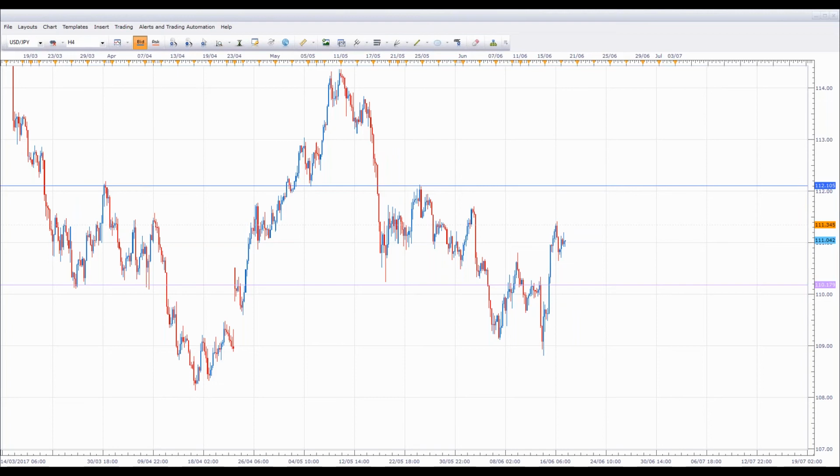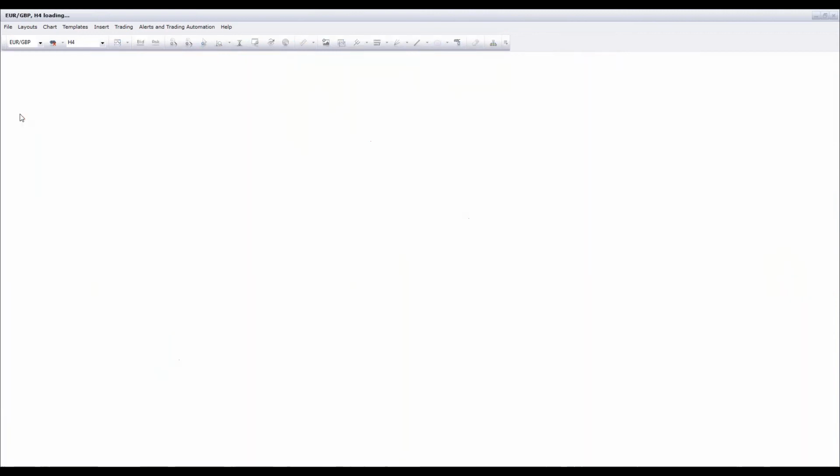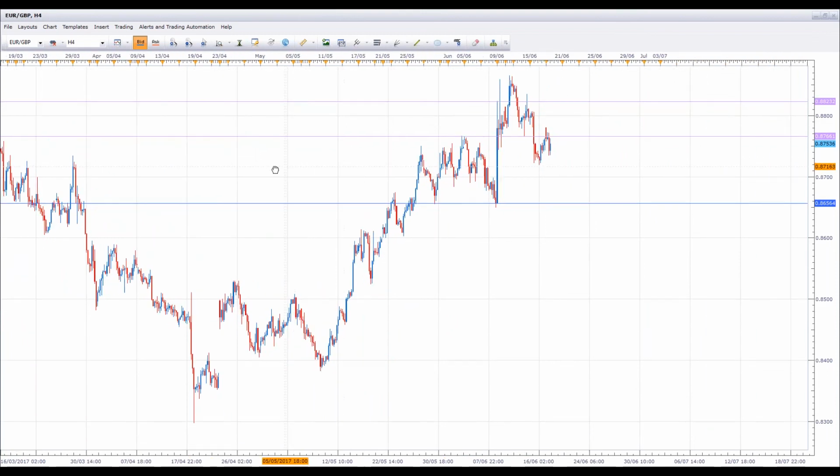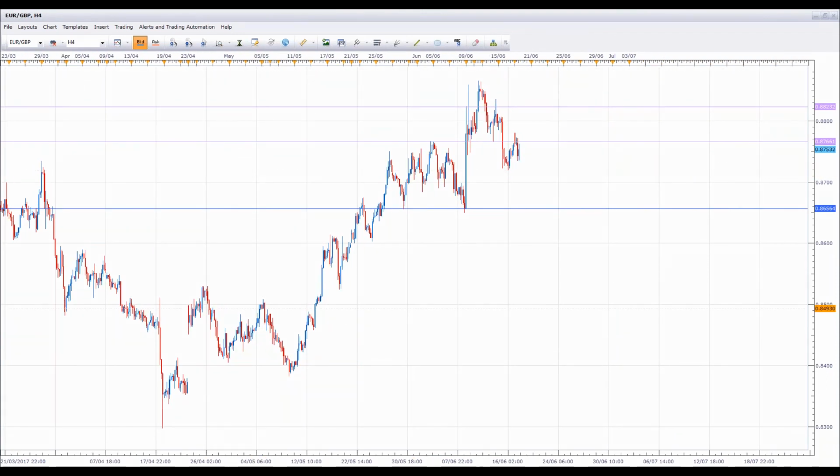So in keeping in line with what we're looking at, we're going to look at now a euro pound opportunity that we're looking for this week. Now the euro pound, it's spiked up fairly significantly on the back of the results of the UK election over here. And on the results of the UK election, we also had a breakout of this accumulation zone here. Price has now broken back into this zone,